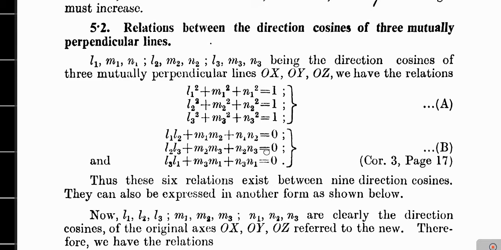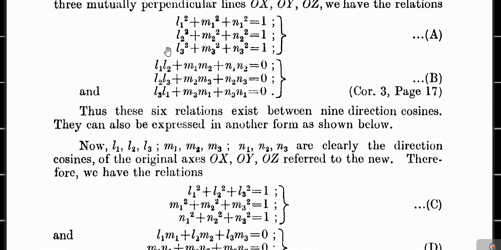How can they be expressed? As L1 M1 N1, L2 M2 N2 and L3 M3 N3 are the direction cosines of the three lines, therefore L1 L2 L3, M1 M2 M3 and N1 N2 N3 are the direction cosines of the original axis referred to the new axis. This we have studied in the last class. So in the last class we have studied the transformation of direction of axis. So from that article it is clear that